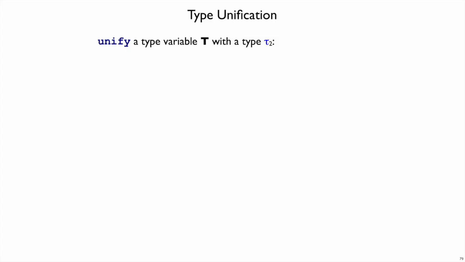Normally I would take the examples and jump into the Shplait implementation of unify, but let's consider it again, all the possible cases just from a kind of pseudocode perspective. Suppose unify gets a type variable t and some arbitrary type tal2. Okay, so this is only one possible case of unify. The first argument is not always a type variable, but suppose it is a type variable without making any assumptions